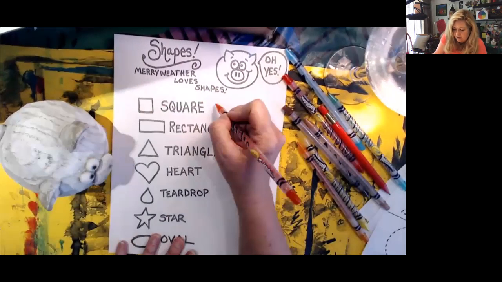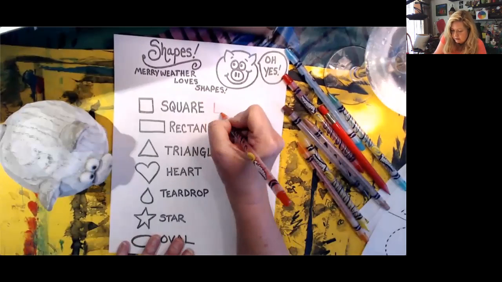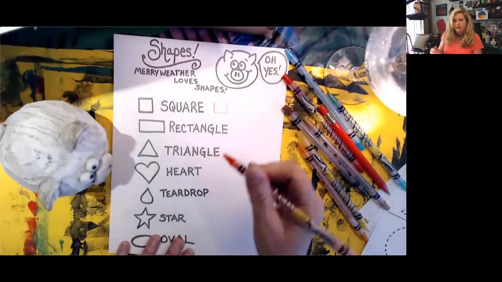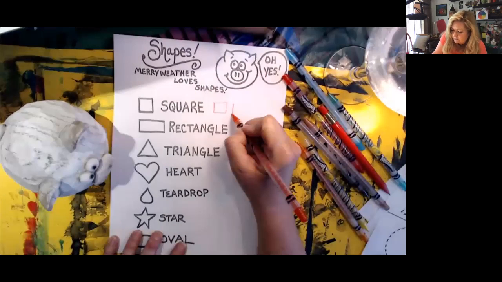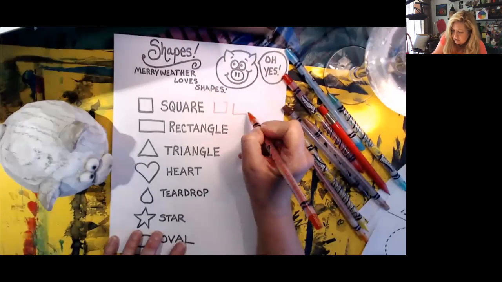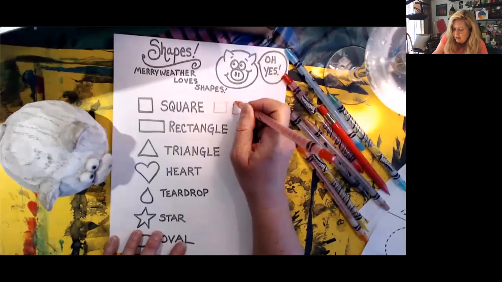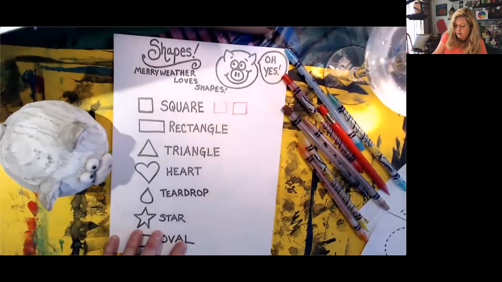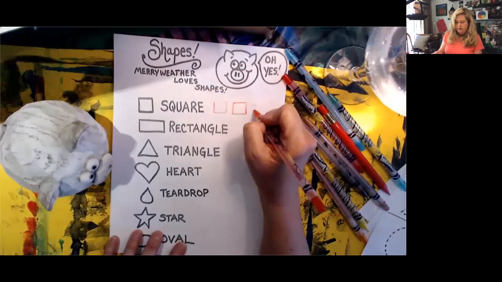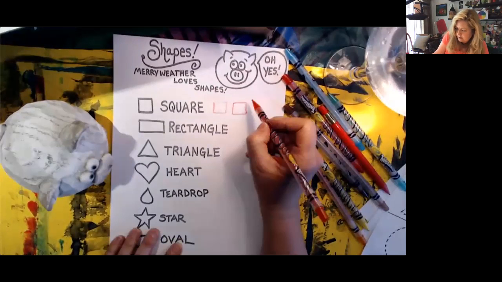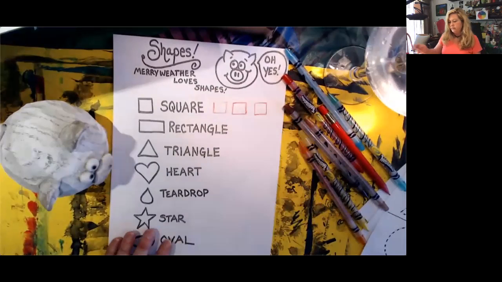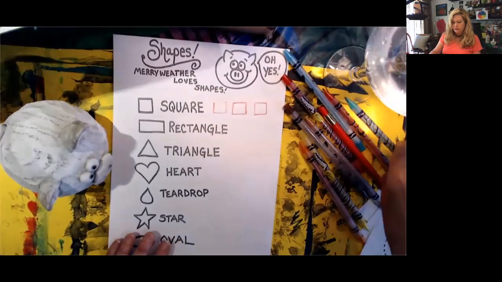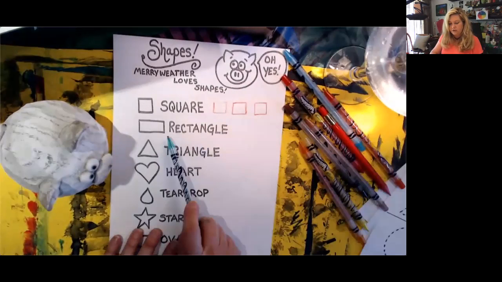So what I'd like you to do is practice by making some squares. And that means you're trying very hard to make your sides all the same. Not bad. Come on now. There we go. I'm going to change colors. The next shape is called a